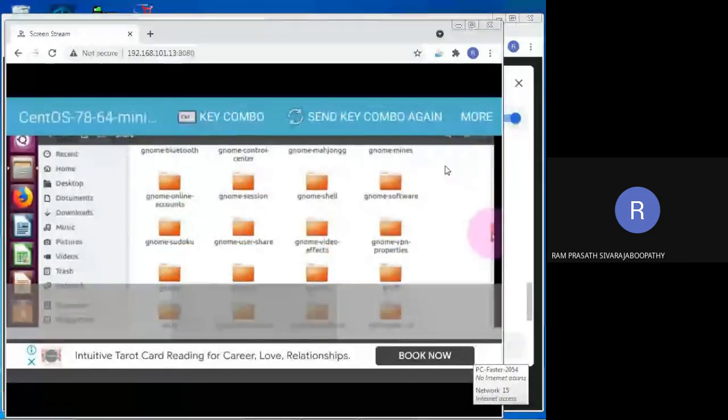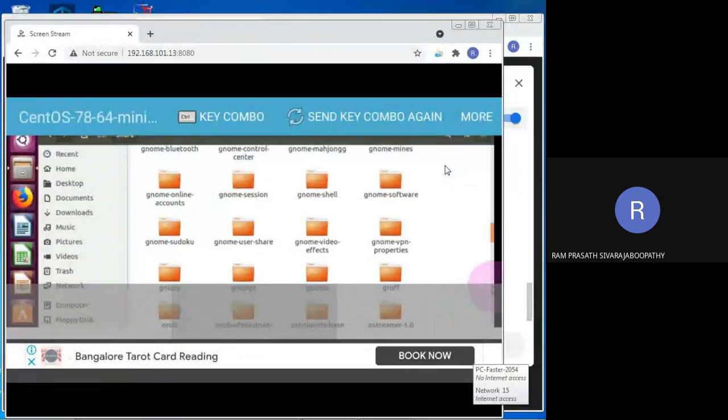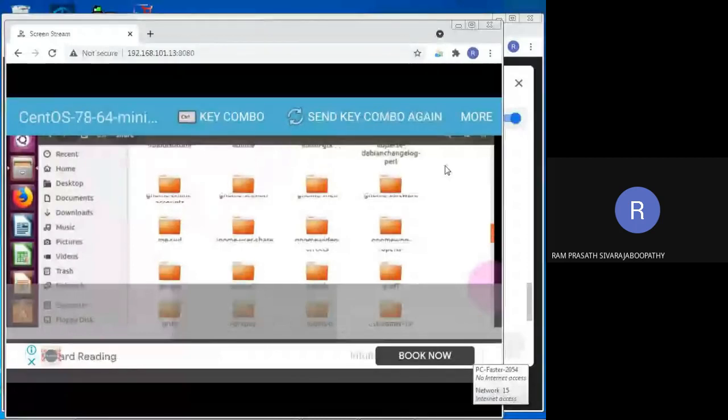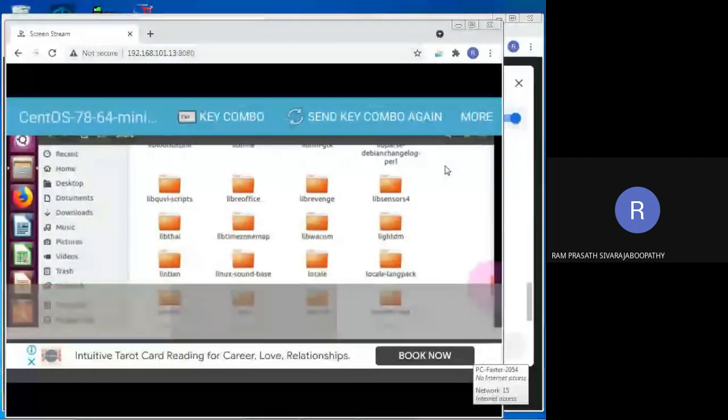Yes, up to G only it comes. Or else you right click on it. Wait a moment.